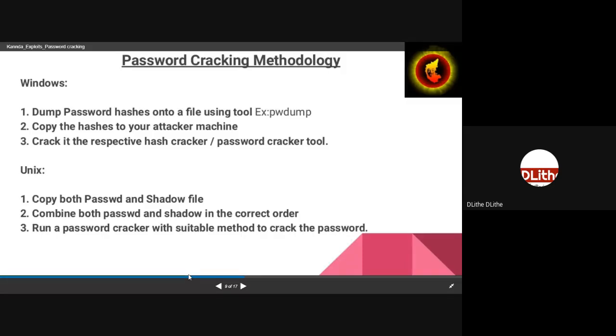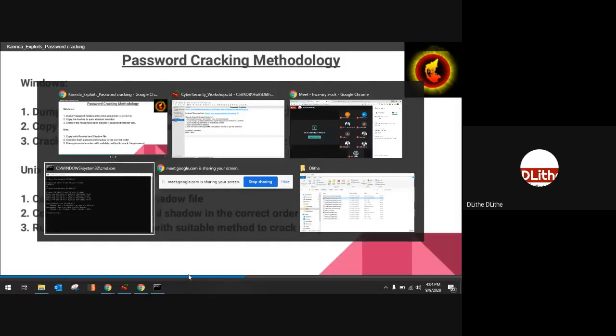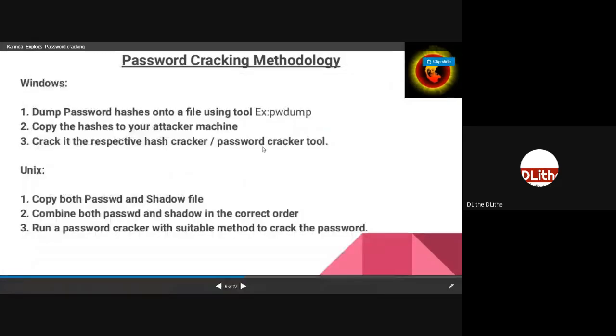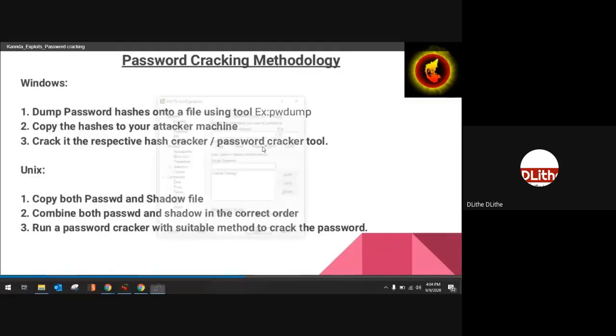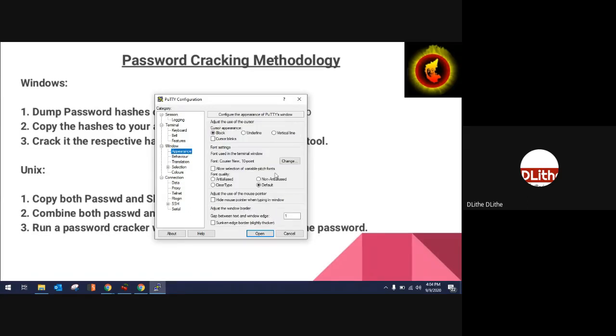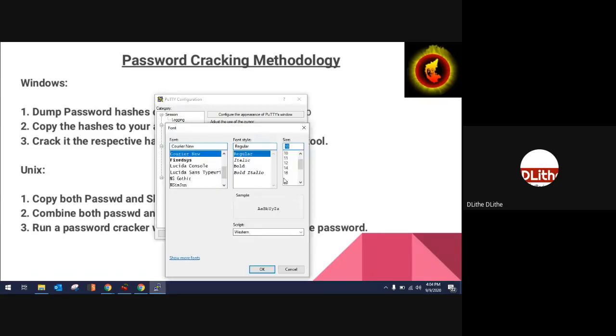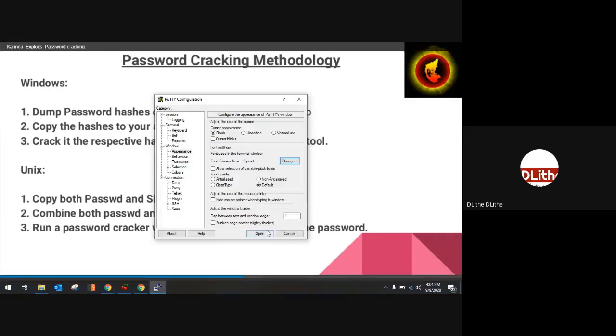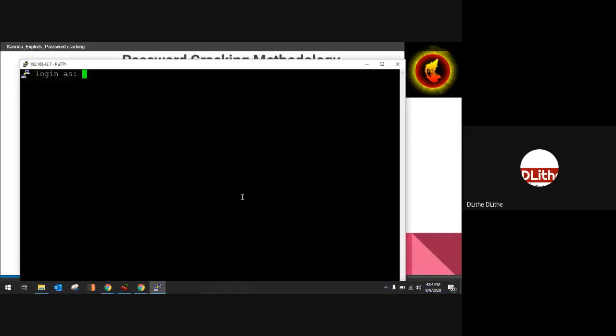Yeah, let us do that practically. Let me enable my PuTTY. For this case, I'm using my Kali Linux itself as the attacker machine and also as the victim machine. The process would be exactly the same. You will be dumping the hash, moving the file into the attacker machine, and running the password cracker on that. Simple and straightforward it is. Okay, so let me move my case.